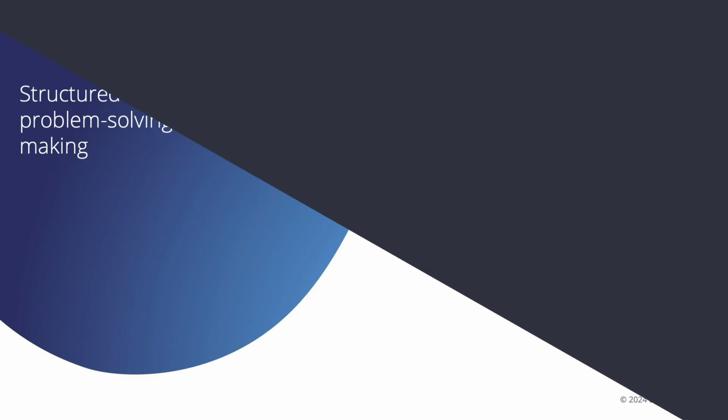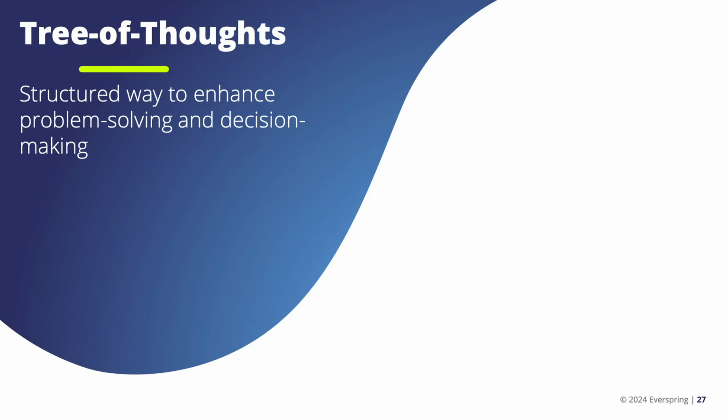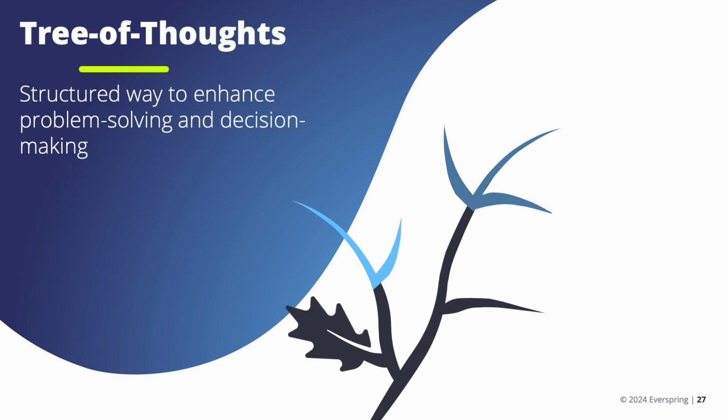Okay, now that we have seen and hopefully practiced addressing tasks that require a step-by-step approach with the help of AI, let's explore a prompt technique that will help you to address a complex, open-ended problem. This technique is called Tree of Thoughts. Tree of Thoughts works by allowing you to explore multiple paths or solutions simultaneously, rather than following a single linear path. Imagine you're at the base of a tree with many branches.